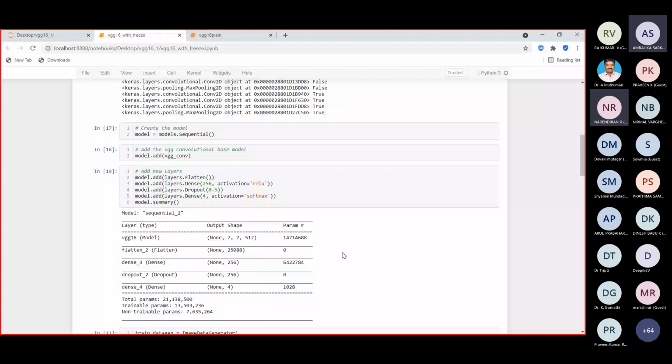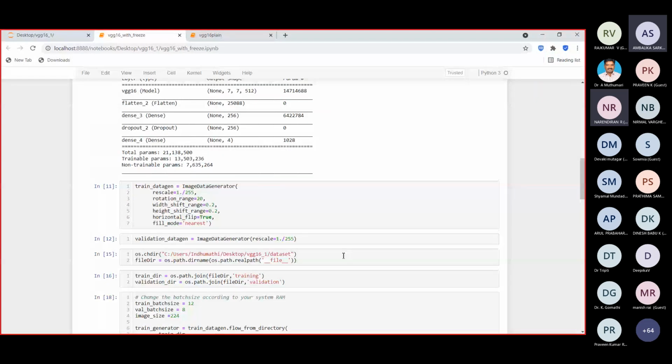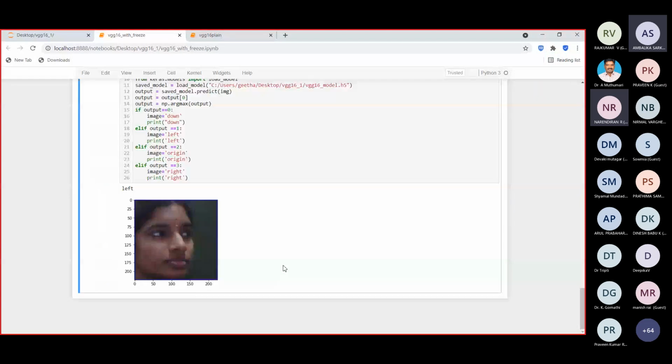Similarly, we will see another concept called feature extraction. You will go to that PPT. So freezing of layers is over. Next concept is